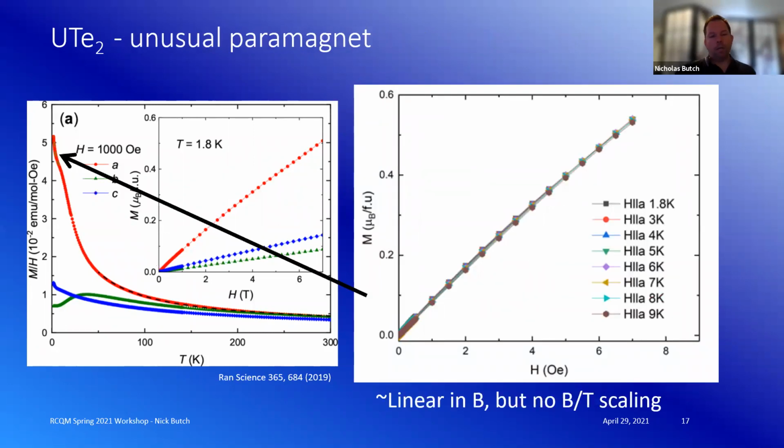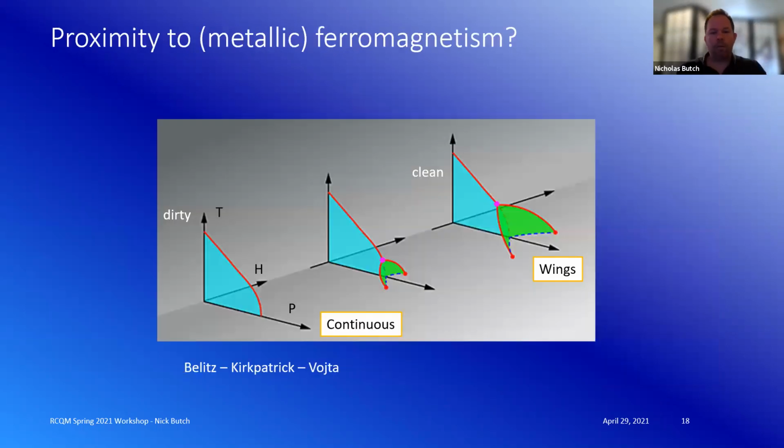Okay, and then I wanted to dwell a tiny bit on doing the analysis of the magnetization here, part of my attempt to be slightly pedagogical. One of the things that I wanted to point out is that if this is an uncorrelated paramagnet, we would expect generically to have field over temperature scaling. And that doesn't work. So you could say, well, that's probably because it's correlated, right? This is near some kind of magnetic phase transition. So what do we do about that?